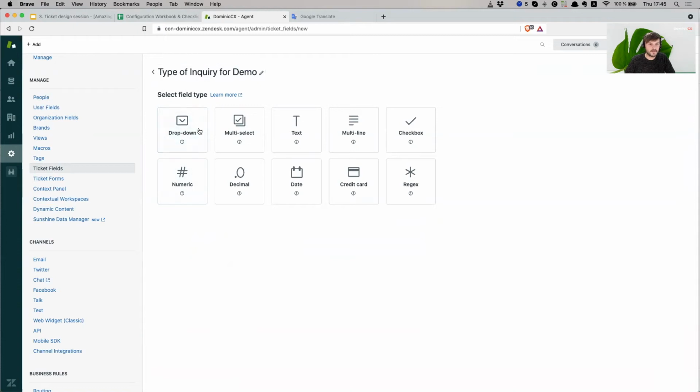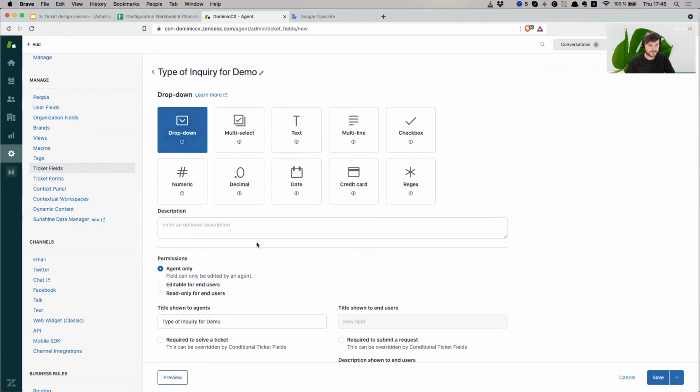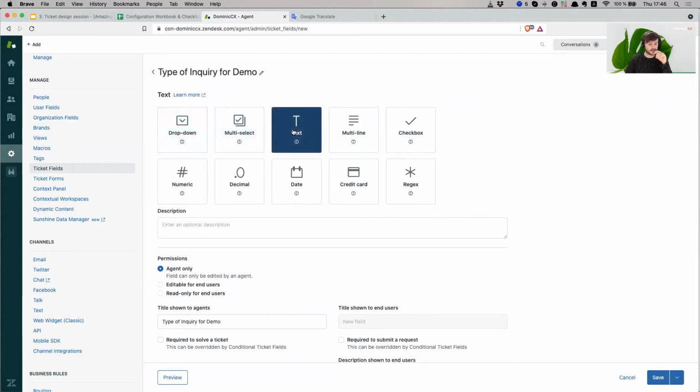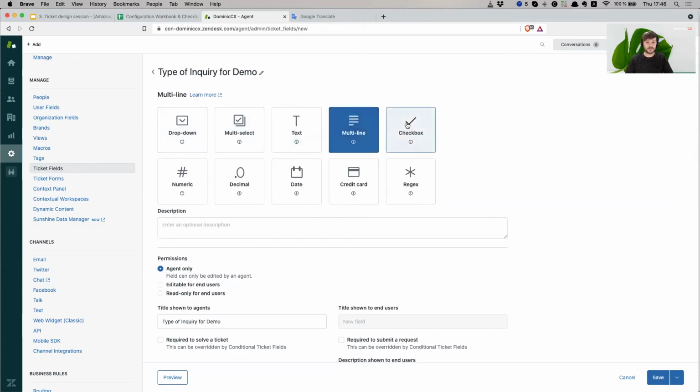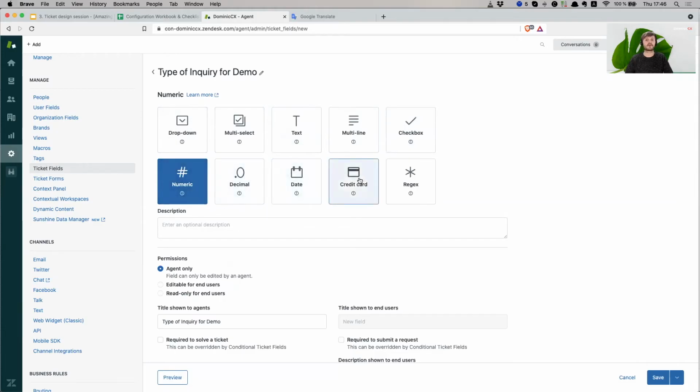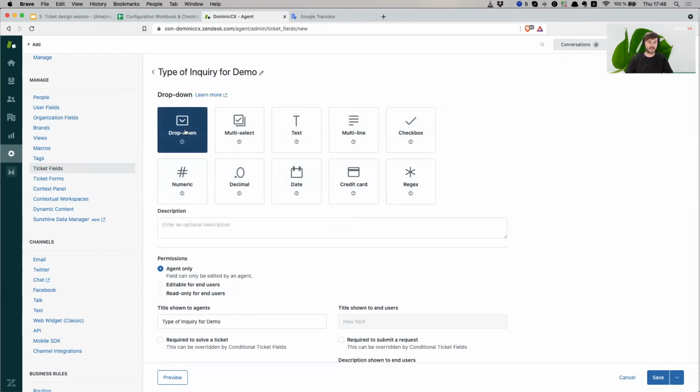All right, so let's see. We add a drop down. I wanted to walk you through the types of ticket fields that are available. You have a drop down, you have a multi-select, so you can choose multiple options. You have a text version as well. You have multi-line, you can have a checkbox, you can have numeric, decimal, date, credit card, and a regex. So in this case, we're going to create a